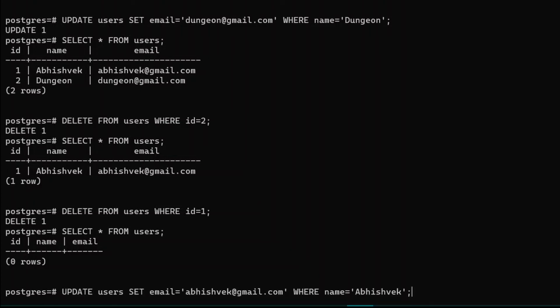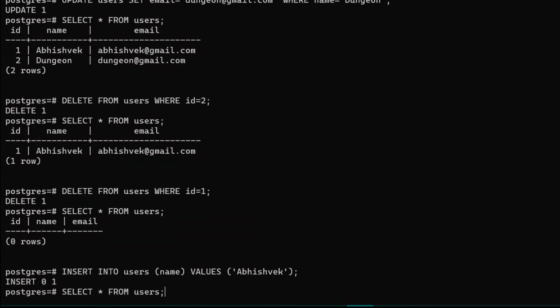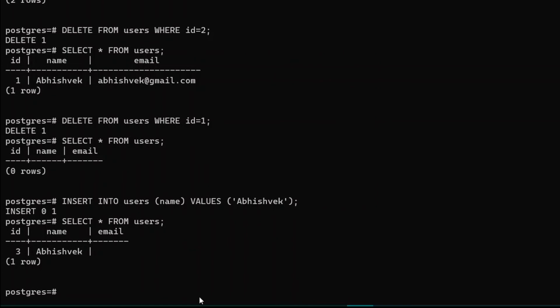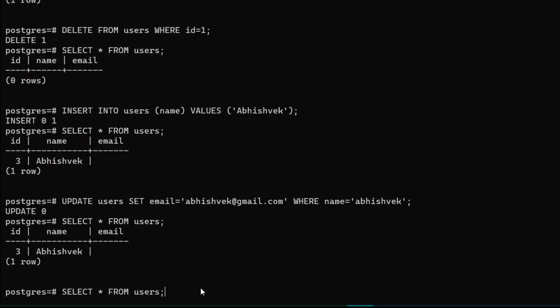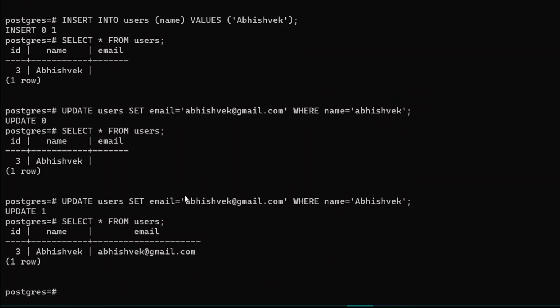So now let's insert some data into it as well. Where was our command? Cool. So let's insert Abhishek. Let's read our table. Cool. So we have got our table. Let's update the email as well from our history. Alright, why am I missing my capital A, that is uppercase A. Press enter. Cool. So now we are simply getting all of our data, but it has ID to be 3. That's because Postgres catches all of our IDs that we have performed so far, and by now we have deleted 2 different IDs. So the following ID that we are gonna be entering into it shall be simply incremented by 1. That is, the following ID should be 3, just like this.